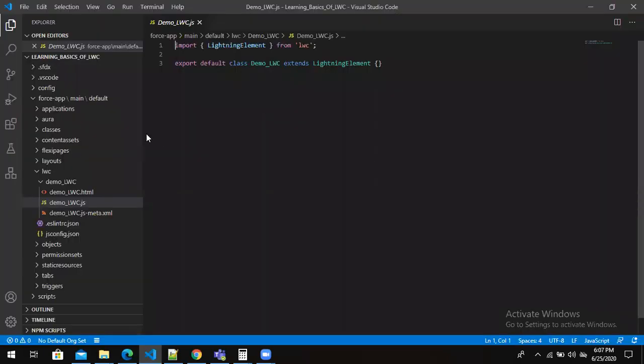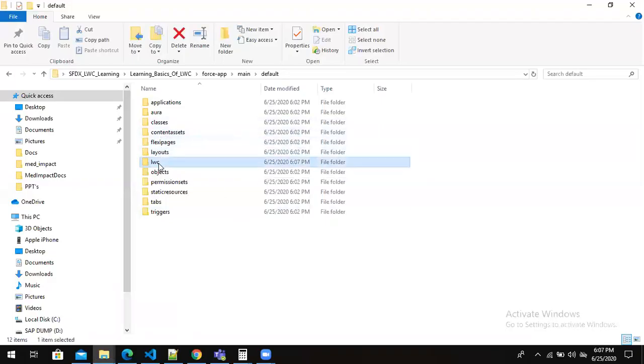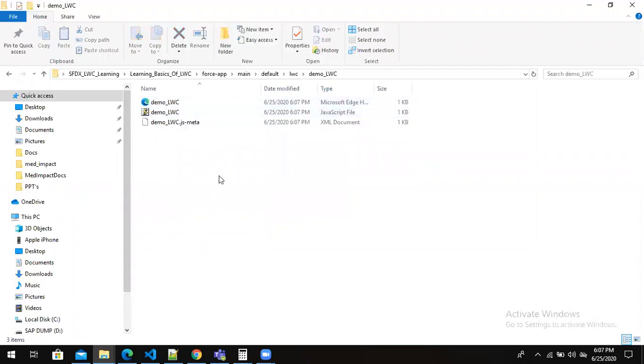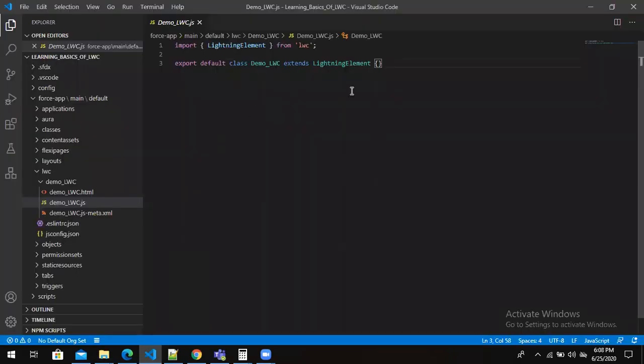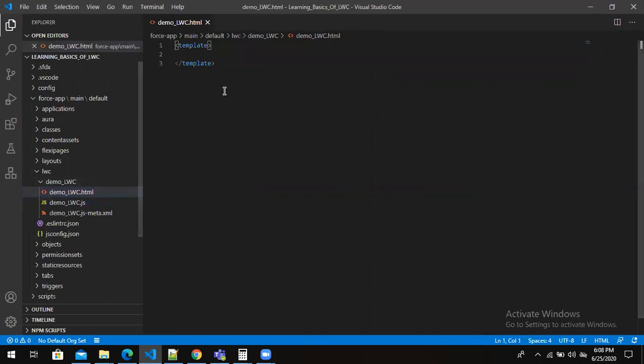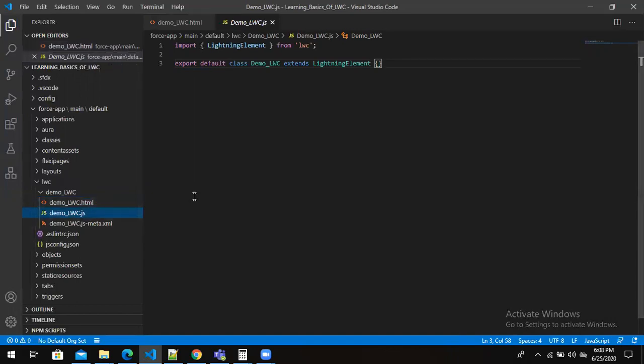All right. Once I am done with this, if I go back and check, I can see three different default files which are created. By default these files are populated with some content, right? For example, the first one is the HTML file. This is all about what you want to display on the screen. The UI related things will be written in the template, in the HTML file. And JavaScript is all about if you want to do client side validations or client side data auto population, we can do that using the JavaScript file, right?